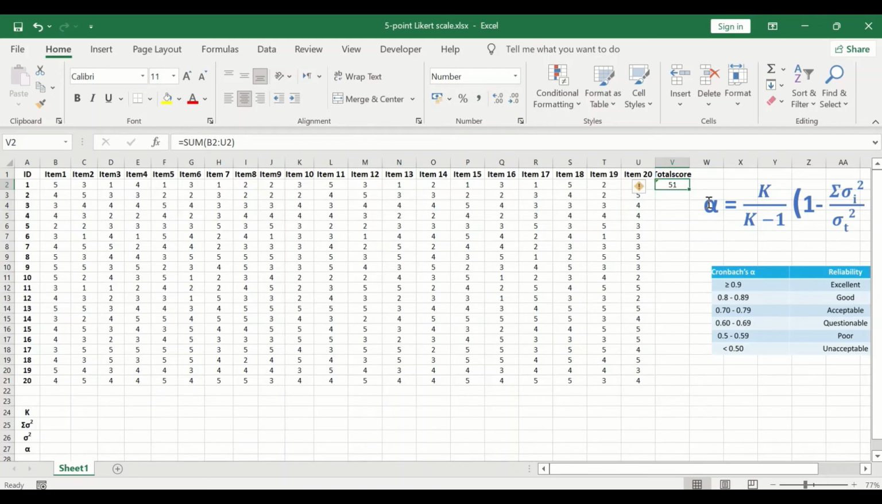To autofill and auto-calculate the total score for the rest of the participants, select the cell here, hold and drag, and then release. A value is generated for each individual participant. The next step is to calculate the variance for each individual item or question, and then the variance for the